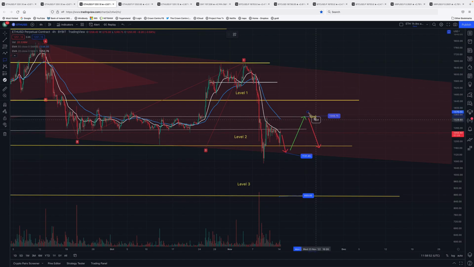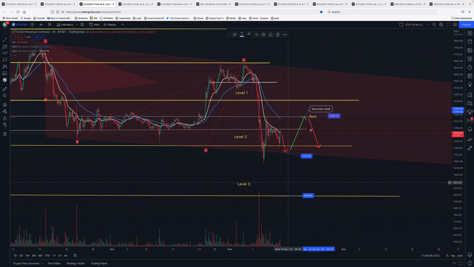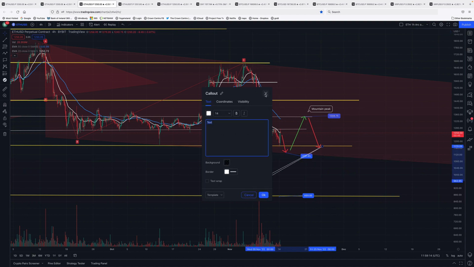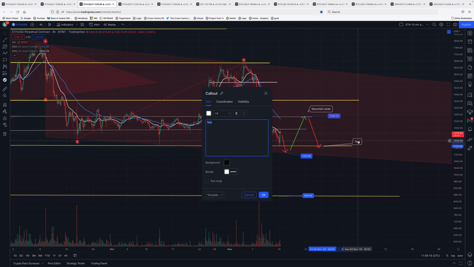I'm writing this: Mountain Peak. This would be third drop. There we go. And after third drop,